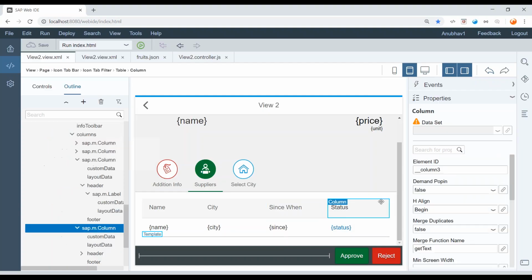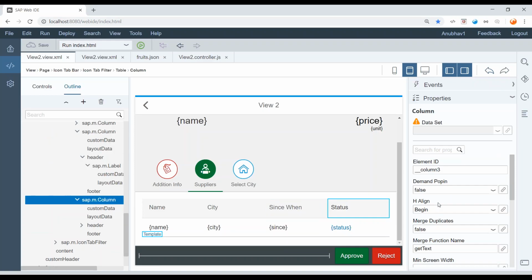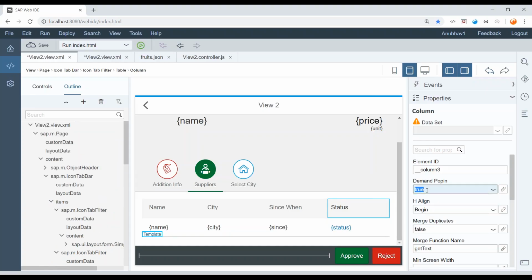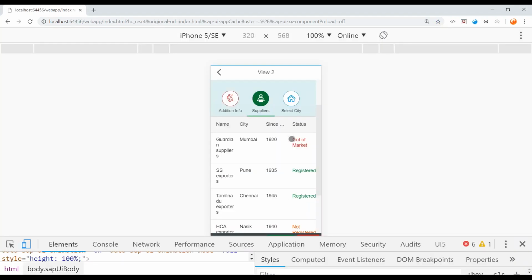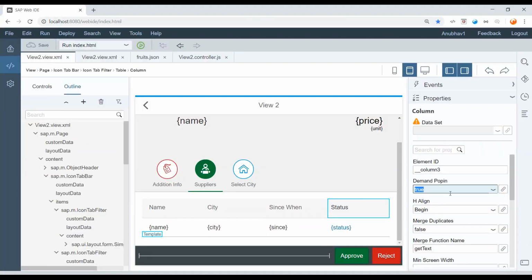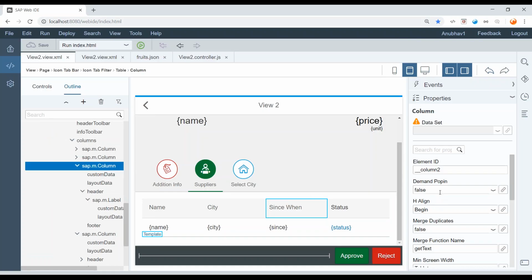Now another property is, I will also come to status and I'll say, hey, the status in mobile actually will be displayed as a demand pop-in. I make it true. Watch out what happens when I make demand pop-in true. In mobile device, the system is going to move this column automatically down. Currently if you see, this column is coming in line like a column, it will automatically move this column down. Okay, you will see it will do a word wrap of this particular column down there in mobile. So I made demand pop-in true for status, and for the since when property